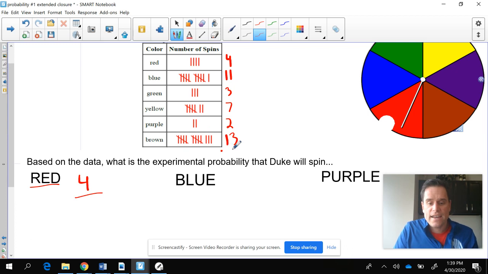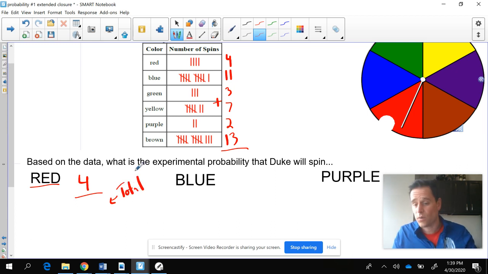I need you guys to add all these up because we need to know the total number of spins. This always goes on the bottom, the total number of spins, or whatever you're doing. How many times did you do the experiment? So I'm going to take out my calculator right now. I should have had my calculator. I'm doing something I tell you guys not to do. I'm using my cell phone. You say, bad, Mr. Schreiber, I shouldn't be doing that. And I got 40. So the probability is 4 out of 40, which is equal to,